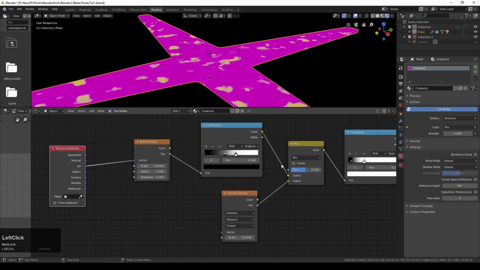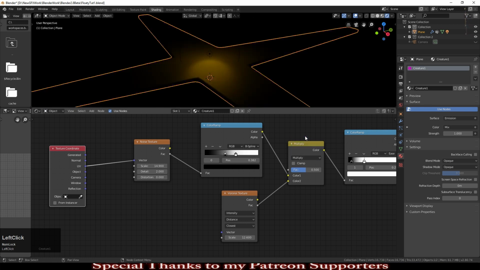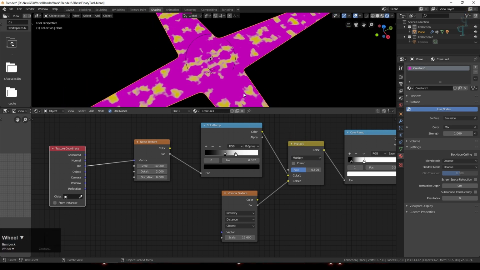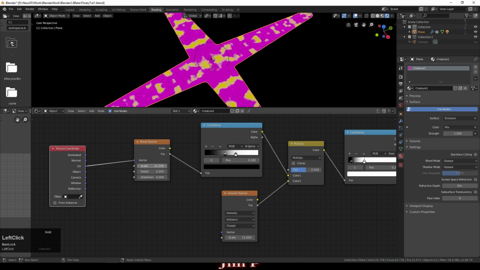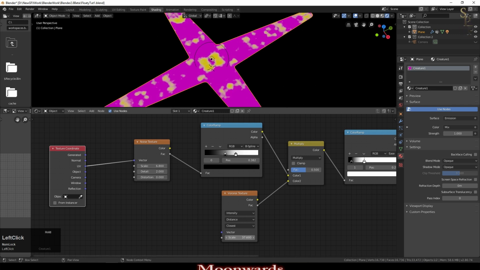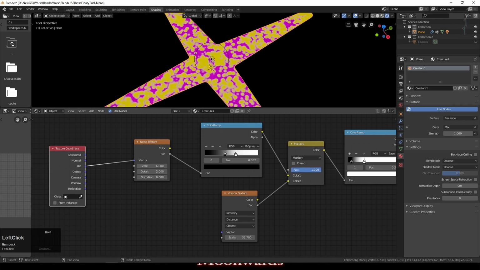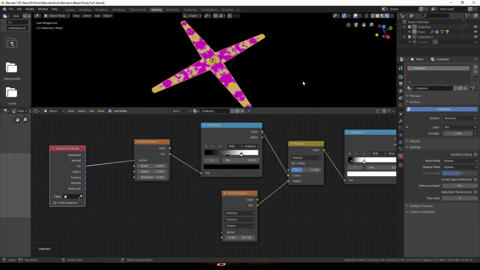And all it's doing really is mixing between these two. So we change this to multiply, and now you can see we've got more of a pattern that replicates itself, very much like a real creature would. And we can play around with this to get something that we like, and play with the scale on here as well. And then adjust the factor. So that's all Voronoi and that's all noise, and this can be somewhere in between, just giving us a sort of creature skin, as it were.